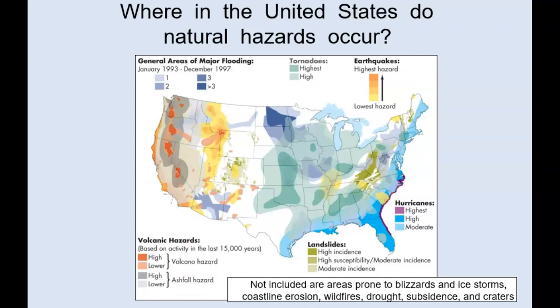Also in the western US, there is a greater likelihood for earthquakes and seismic activity, and this is also due to plate tectonics. So after next lecture, again, it will make a lot more sense to you why that is. But again, if you're looking at earthquakes, which is this kind of yellow-orange color scheme, you see that it mostly presents here in the border of California, Oregon, a little bit of Washington, and also a little bit in the Rockies. So we'll look at that in a little bit more detail when we cover plate tectonics and earthquakes as the next two chapters.